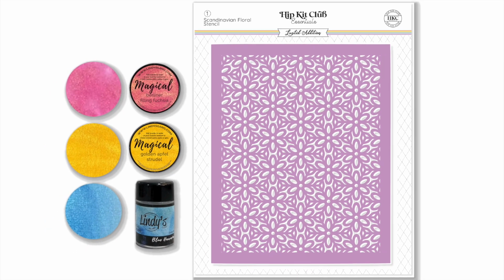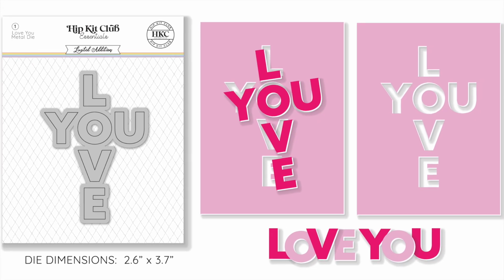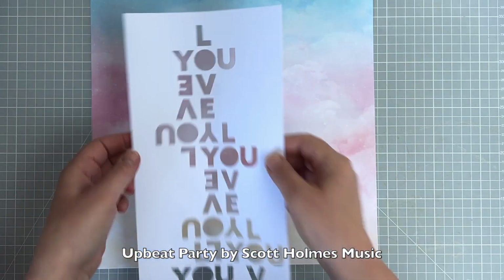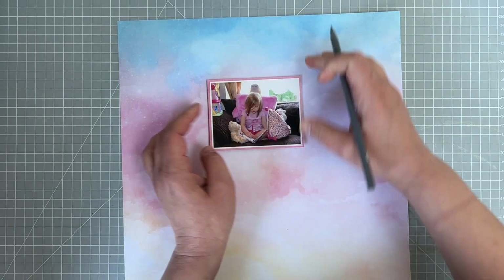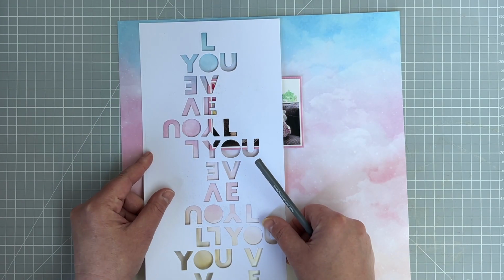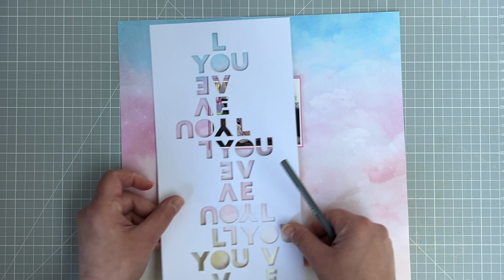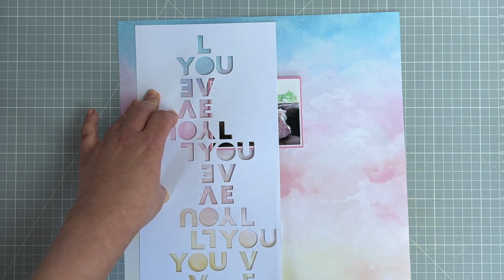And for this layout I'm using the main kit, the embellishment kit, the color kit and the Love You metal die. So here I'm making a start on the layout. I'm using one photo for my layout, and today I am creating a 12 by 12 page, which is a bit unusual for me. And as you can see, I selected one of the watercolor effect pattern papers from the main kit, which is absolutely beautiful, and I just love how it picks up on the pinks and the beiges